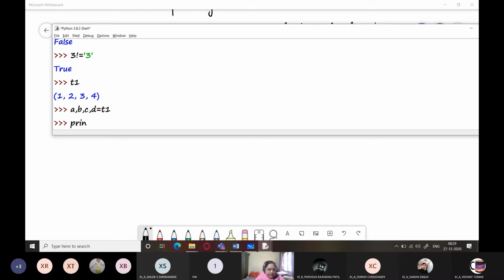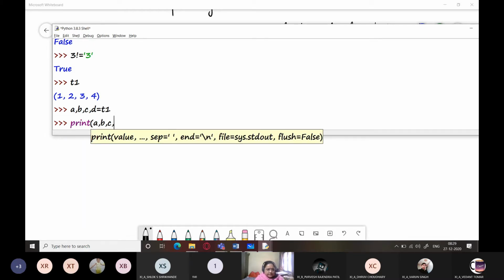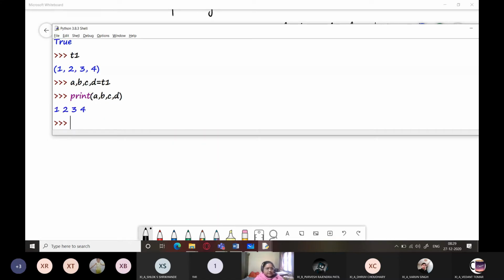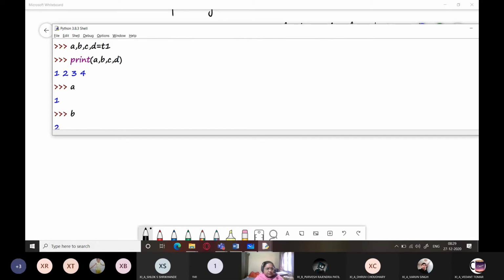Let me now print these four values. You can see the four values are printed: A is 1, B is 2, C is 3, and D is 4. That is, you have unpacked the elements of the tuple T1 into different variables. The number of elements will be equal to the number of variables which you are using.